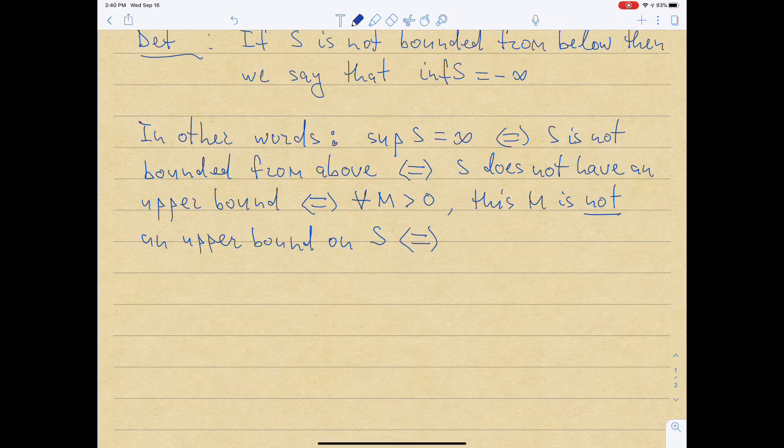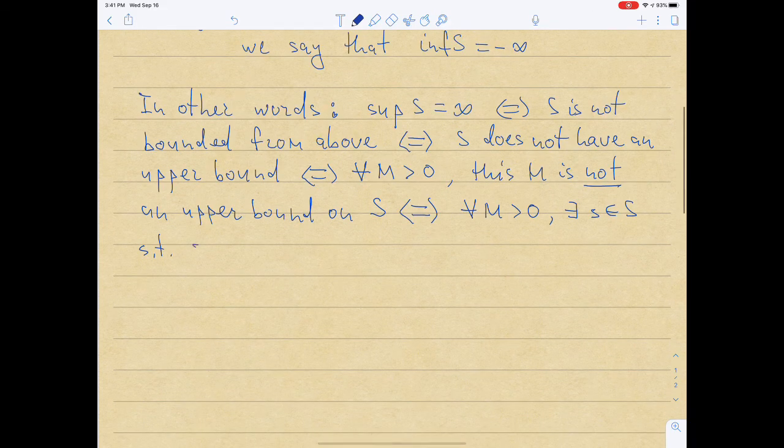If a number is not an upper bound, it means that I can find an element of my set which is greater than this number. So for any m greater than 0, there exists a number little s in big S